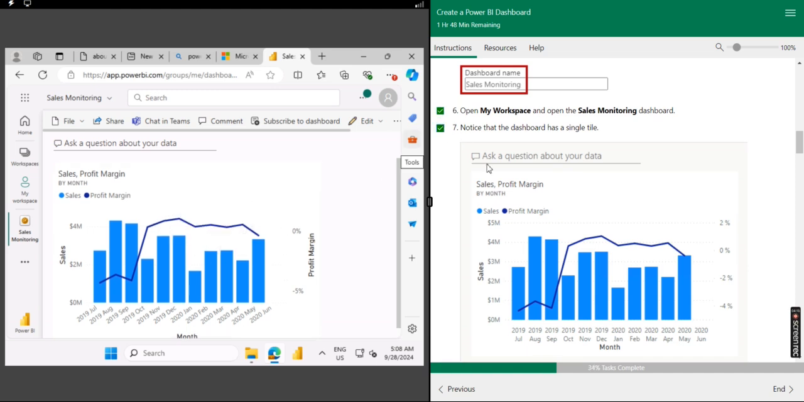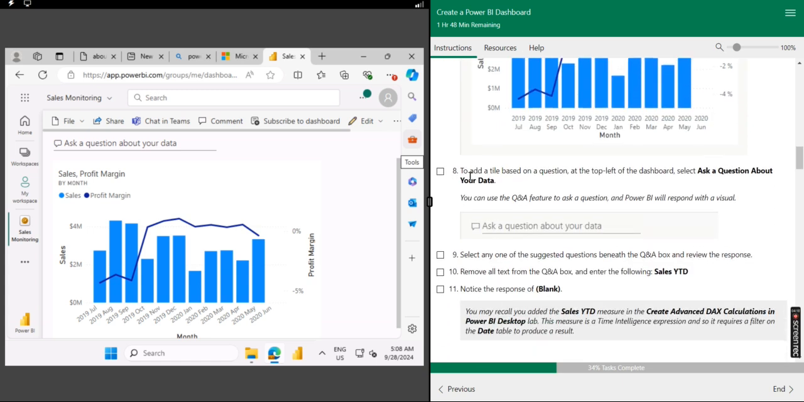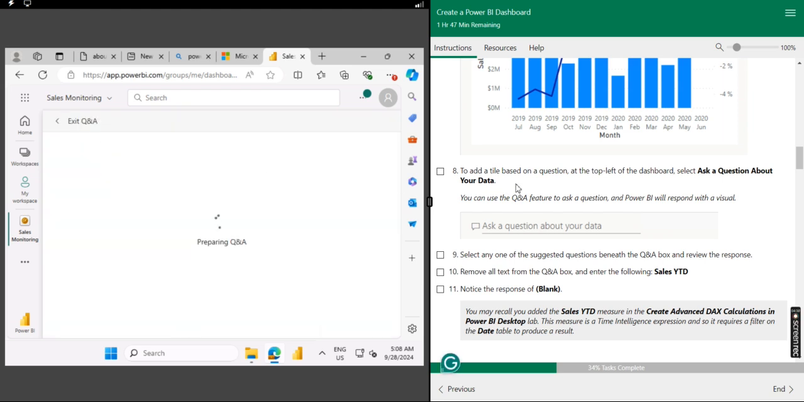Perfect. To add a tile based on a question, at the top left corner of the dashboard, select ask a question about your data. So you can see this one is the one which we need. You can use the Q&A feature to ask a question and Power BI will respond with a visual. If we can click on this,